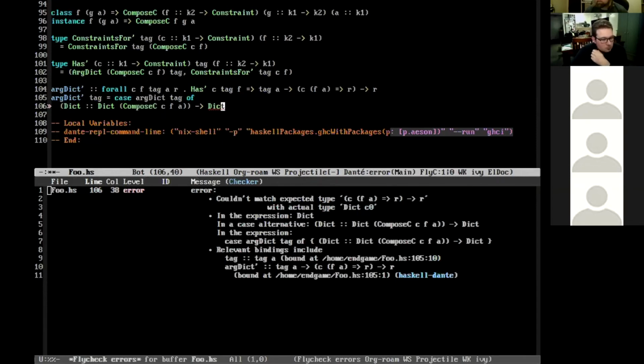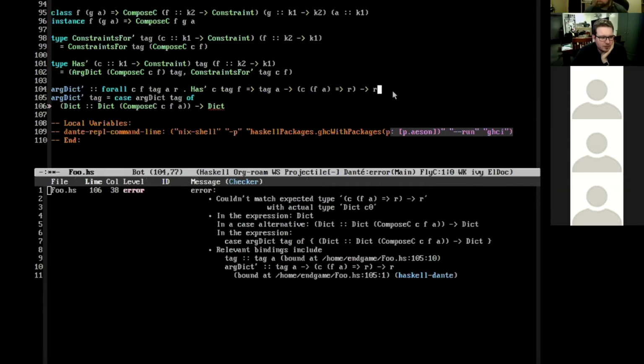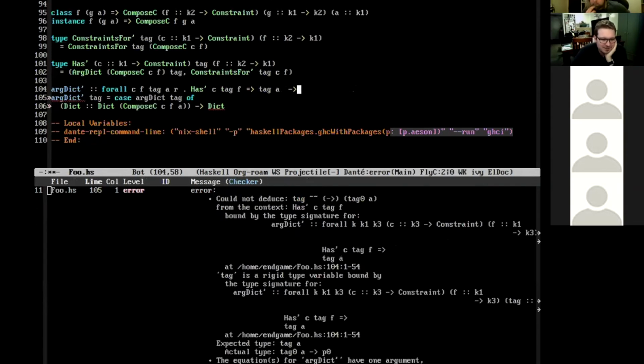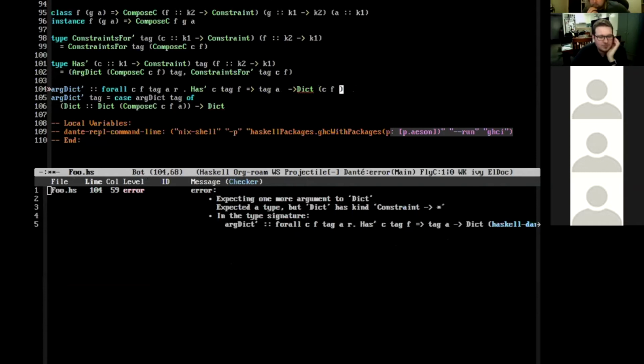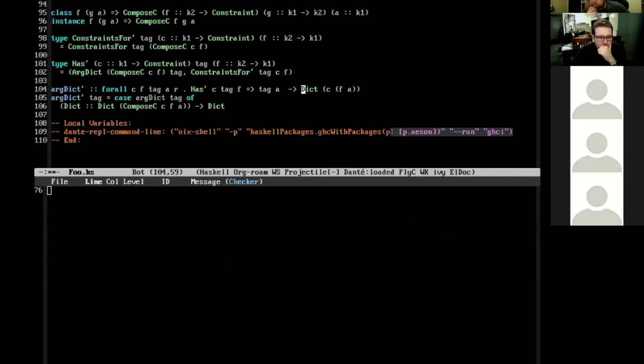Tag is dict. So Jack, is this the equivalent of has? So this is the equivalent of has. I've merged. So instead of tag A, we don't want all of this. We want the dictionary for CFA. Makes sense. There we go.